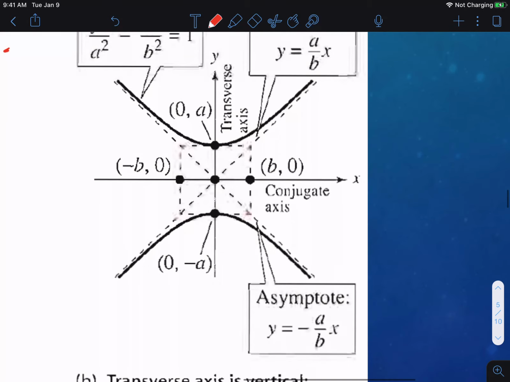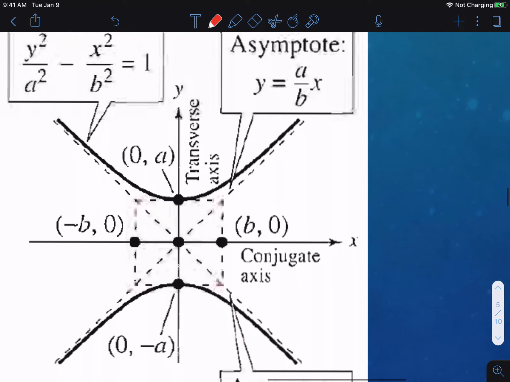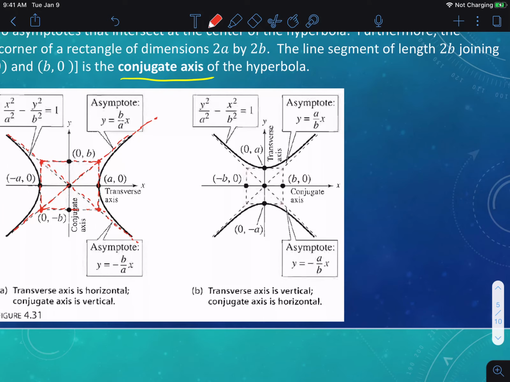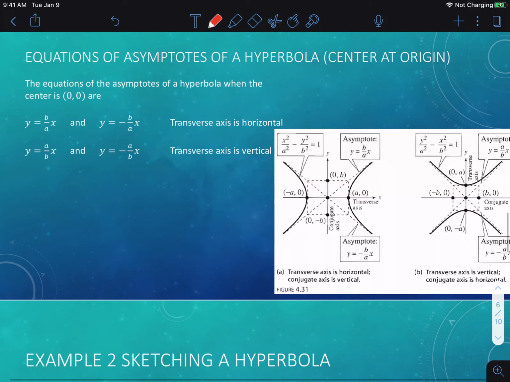Here's the picture for the vertical transverse axis, and notice in both cases we have a box, and we can actually write the equation of the lines that are the asymptotes. So here we go, the equations of the asymptotes of a hyperbola with the center at the origin. Notice with the center at the origin, the y-intercept is always going to be 0, right? Because these things cross right at the origin, and so we're just going to have y is equal to mx